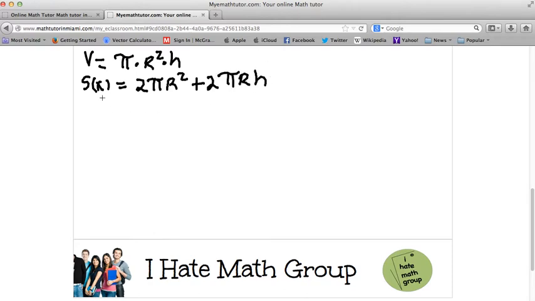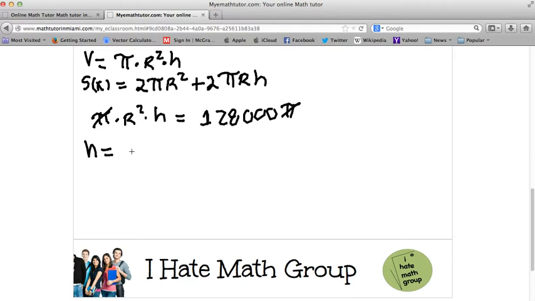Now, the volume is given: pi times r squared times h equals 128,000 pi. So let's go ahead and eliminate pi, and I'm going to solve for h. So h equals